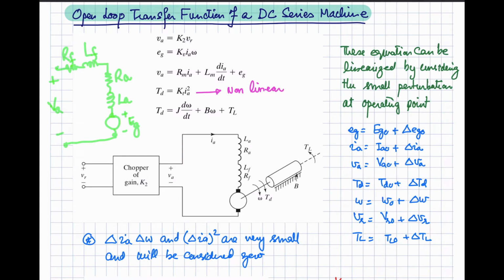So when you apply the voltage, the machine draws a current according to the load that is connected with it. So we should represent it as IA. That is shown over here in this diagram. These two windings, the armature and the field winding, are connected in series over here. So the back EMF will be over here, that is EG.